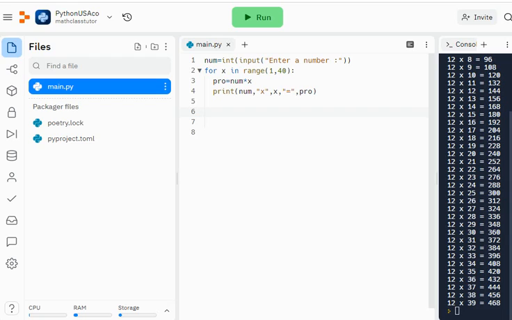Another most important thing is the membership operators, which have significant roles in looping. There are two types of membership operators: one is in and the other is not in. The in operator checks if a specific value exists in the sequence or not. Like if I write 100 in, parenthesis, 101 comma 234 comma 100. This means it checks whether 100 exists in this